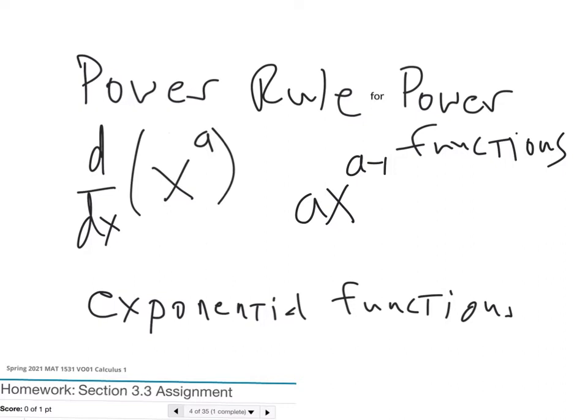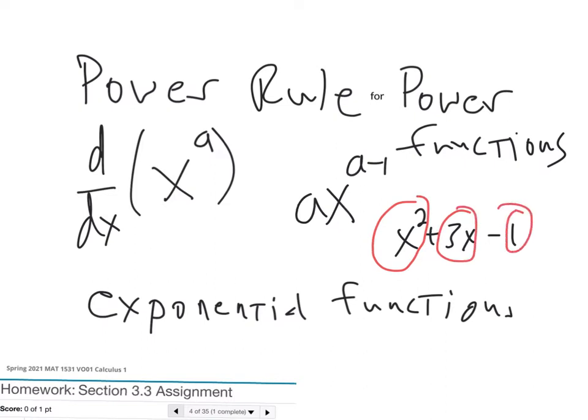So all those times when you had to find the derivative of x squared plus 3x minus 1, and you had to substitute in that formula with x plus h, we could have just had you doing, okay, these are power functions. In fact, this is a polynomial. A polynomial is the sum of a bunch of monomials, right? So what we can do is take the derivative of this plus the derivative of this minus the derivative of that. So